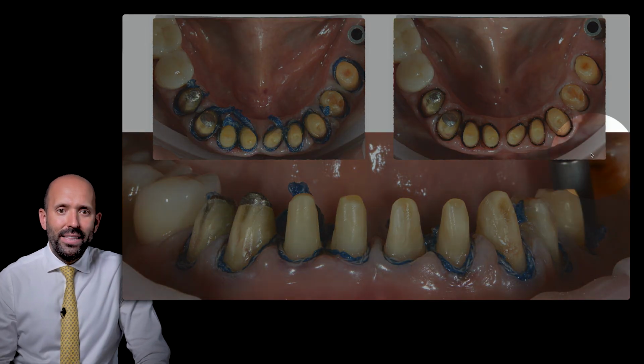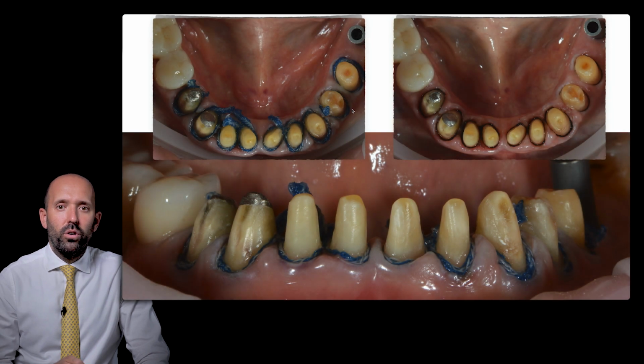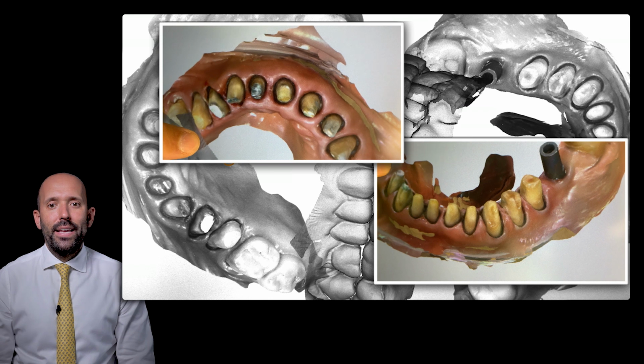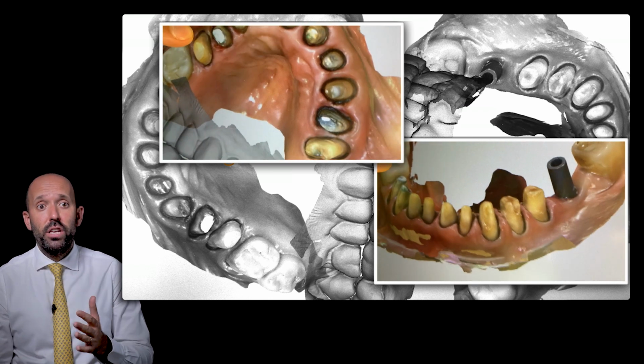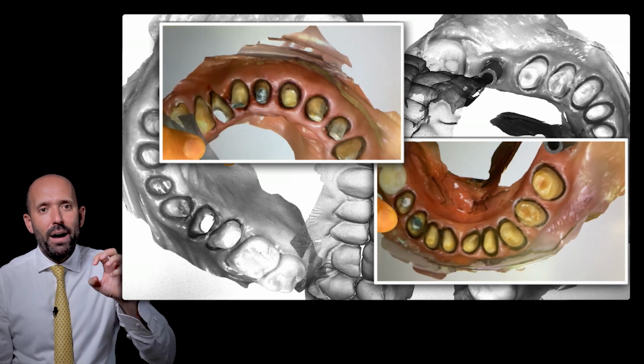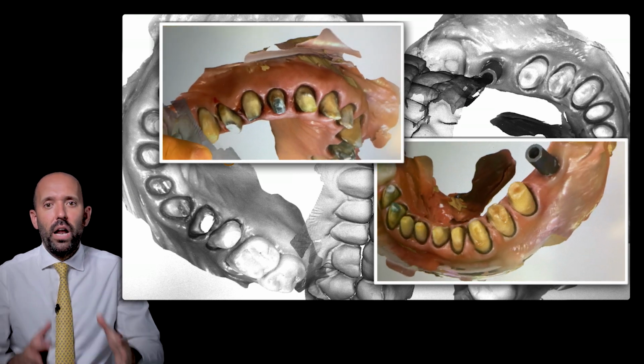We do, as I said, the same thing on the mandible, thin chord first, thicker chord after, and then we can take the impression. Look at now, the impression, the intraoral scanning system, the digital impression today has an extreme ability to go inside the sulcus if the sulcus